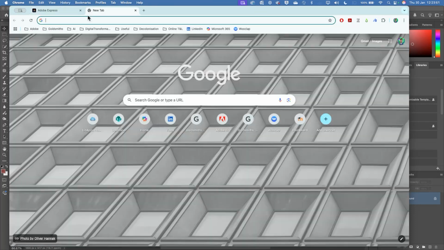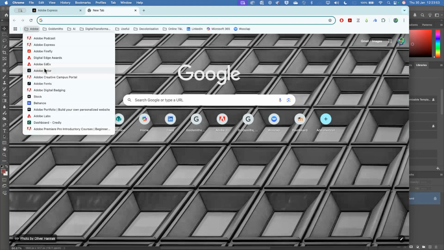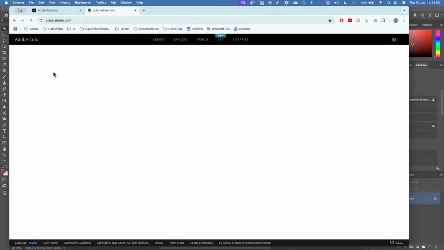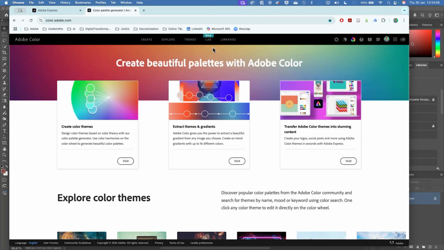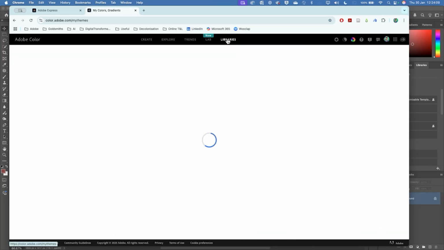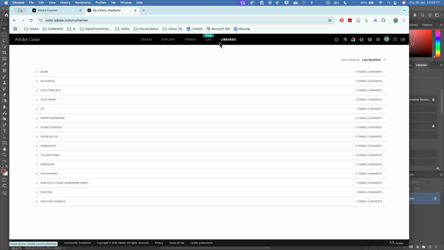And then another aspect is Adobe's additional services and apps. So for example, Adobe Color, which is a web application for creating color themes for your projects, has got a library tab as well. And you can see, again, I can access all of these.